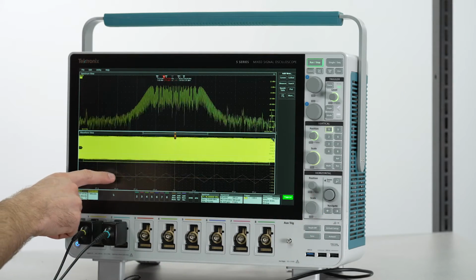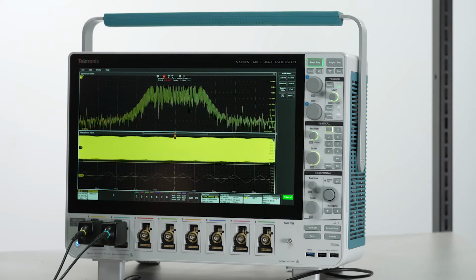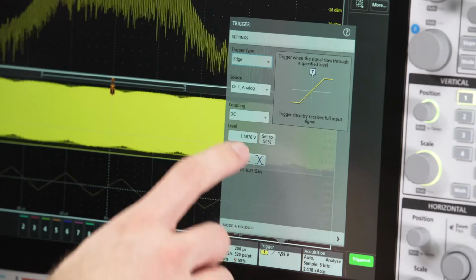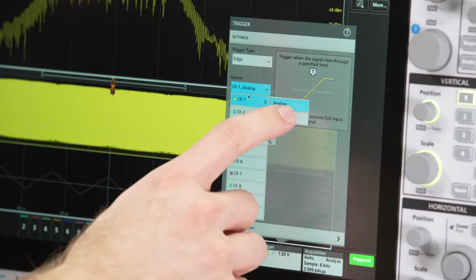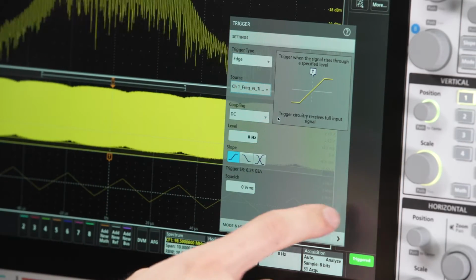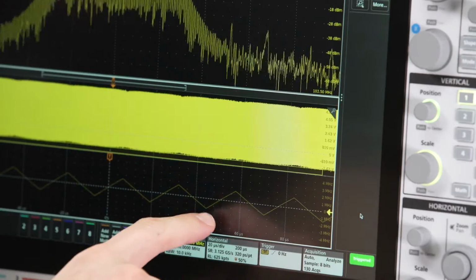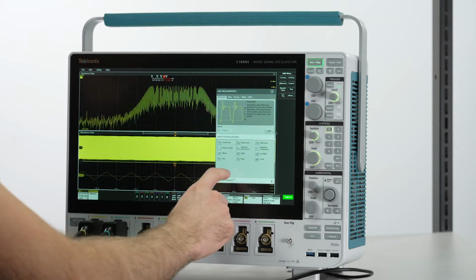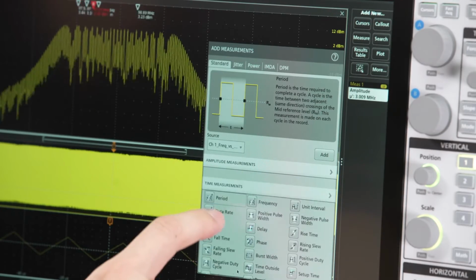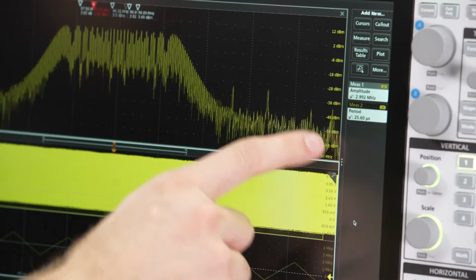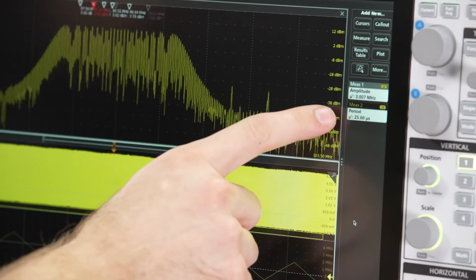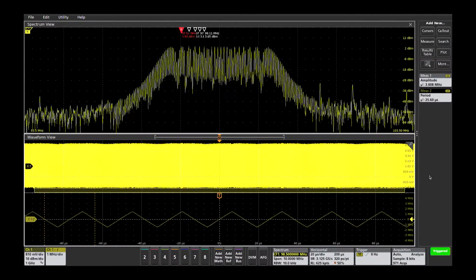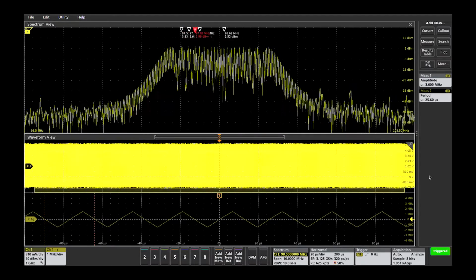It looks like this frequency is modulated in a triangular pattern. I can quickly change our hardware edge trigger to the frequency versus time waveform and stabilize this triangular wave. Adding a few measurements, we can determine the frequency deviation and period of the triangular modulation. It looks like the spread spectrum clock varies 3 MHz from our 98.5 MHz center frequency, with a period of